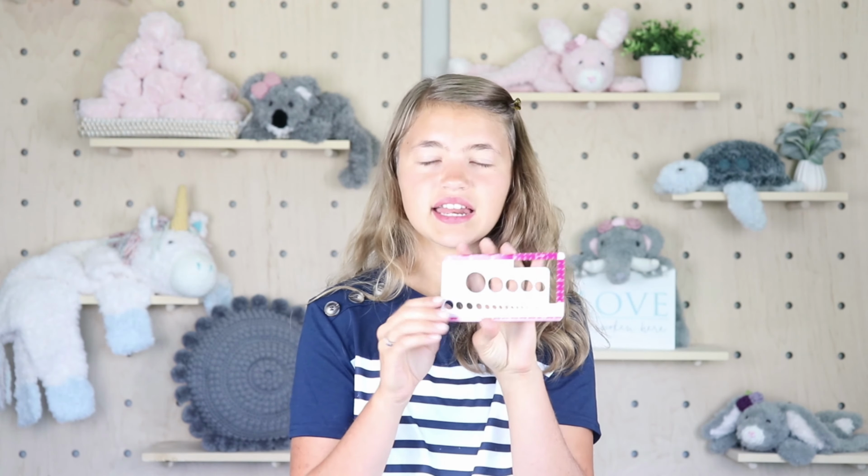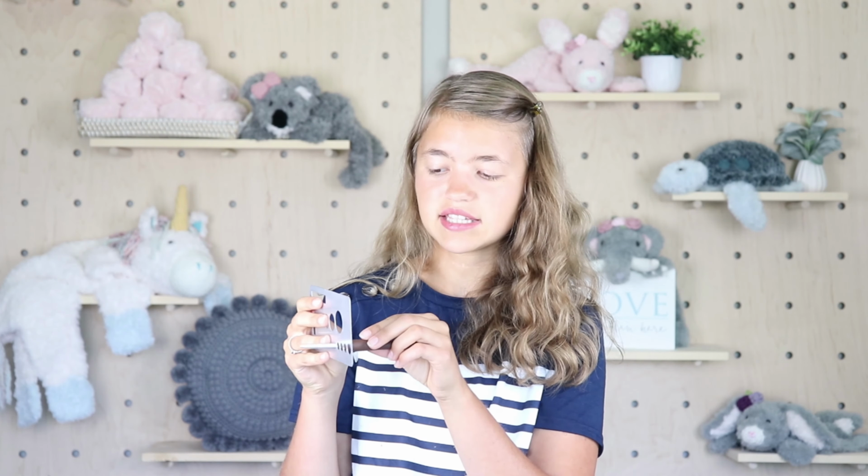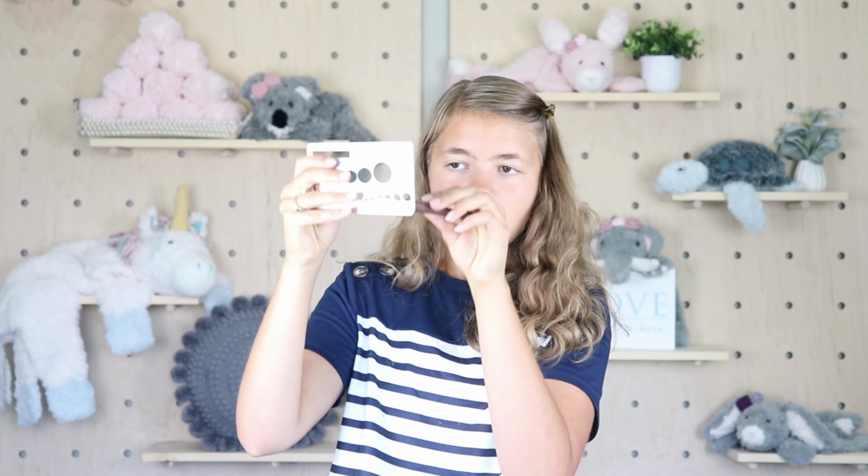In my opinion, the absolute worst kind of hook thing is anything that is metal, because when you take a metal hook and slide it in here, it makes the most hideous sound. I don't know if you can hear that, you feel like you're just scratching up the metal. So this is the only, unfortunately,